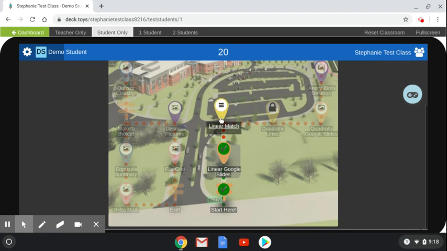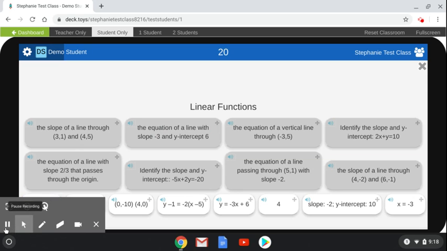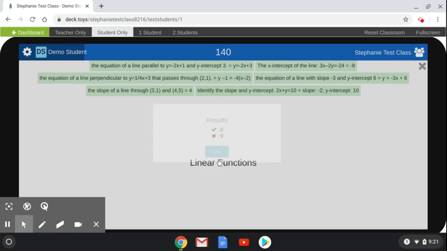And you'll be looking at a linear match, which reviews some of the key concepts of linear functions. So you'll drop and drag the corresponding answers to each of these prompts. Once you complete this activity,